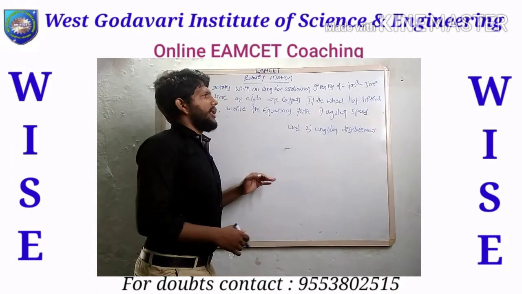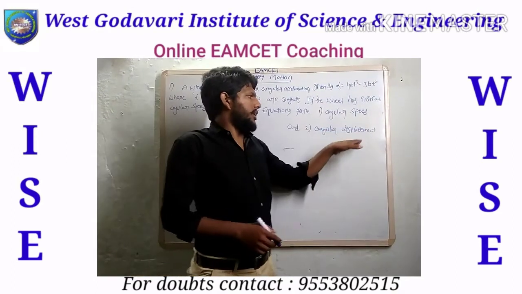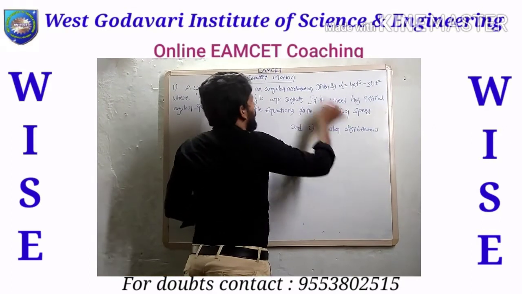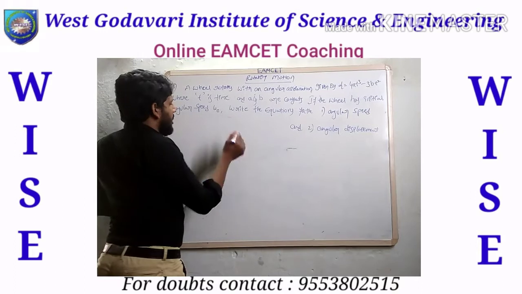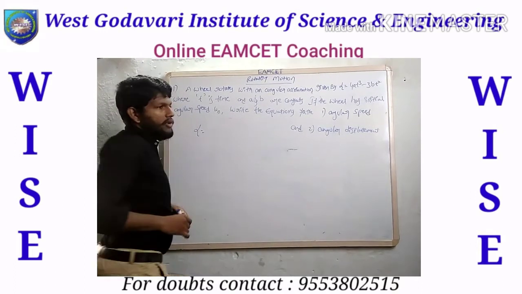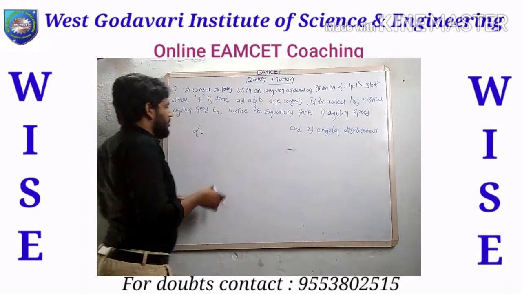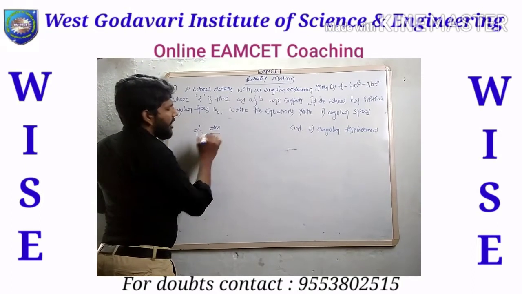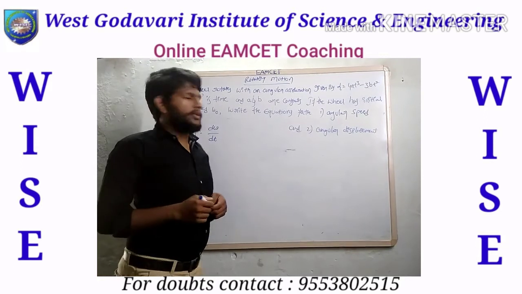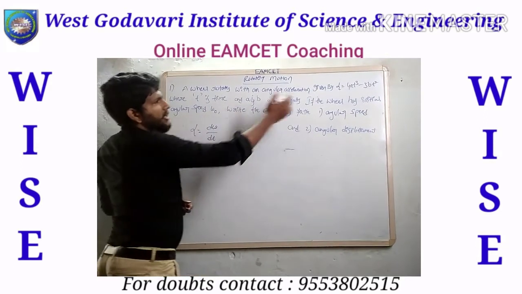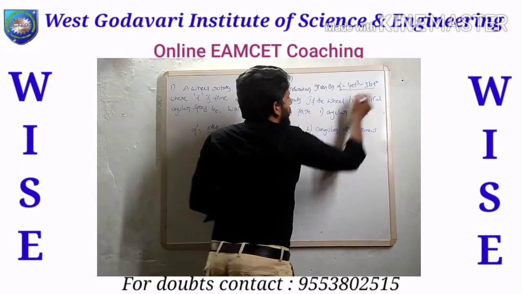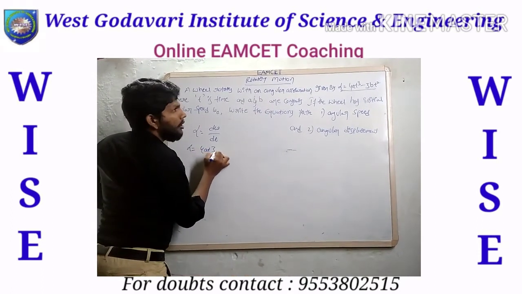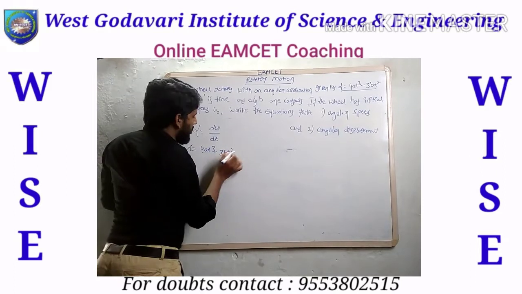Now we are going to analyze the equation for angular speed and angular displacement. If you want to find the angular speed from angular acceleration, you take angular acceleration alpha equal to, what is the formula generally known? d omega by dt, that means the rate of change of angular velocity, right? So we have another term, alpha equal to 4at cube minus 3bt square, which is given by the problem.